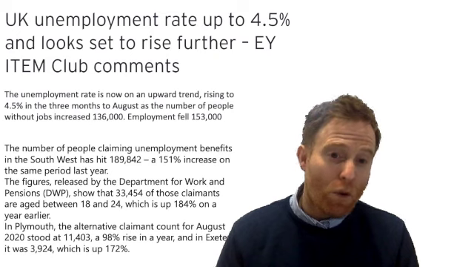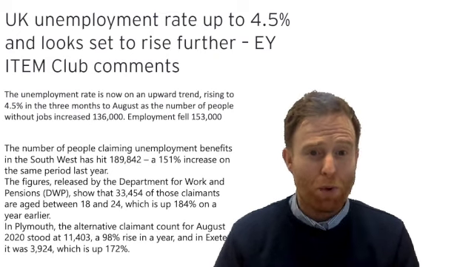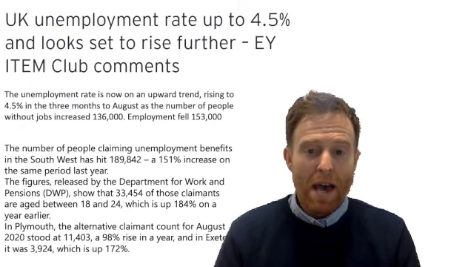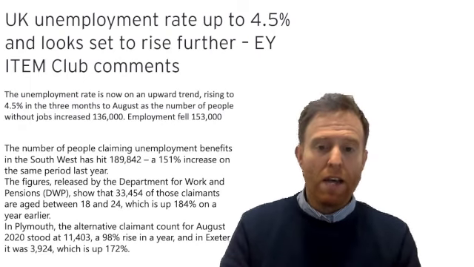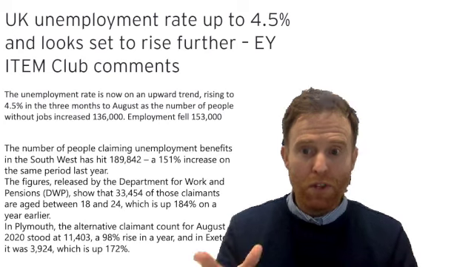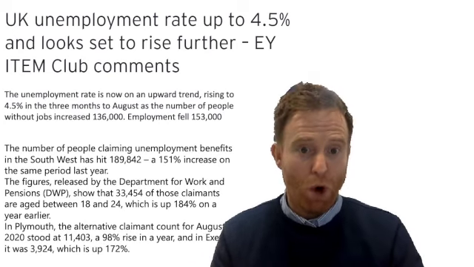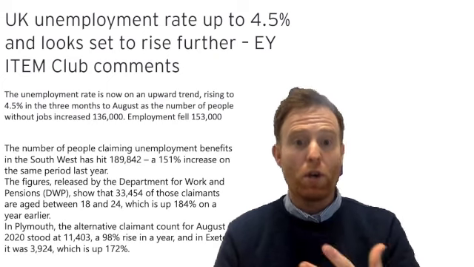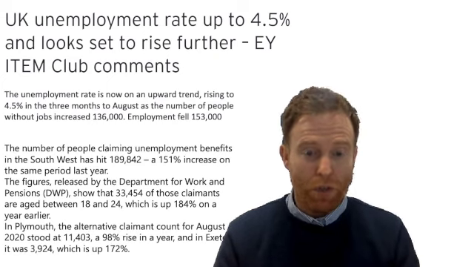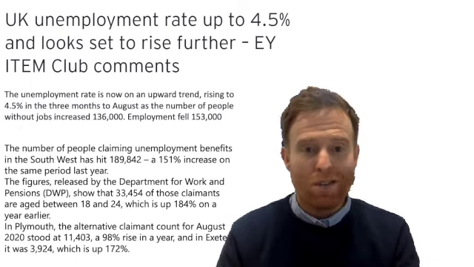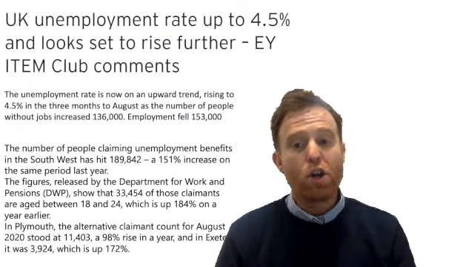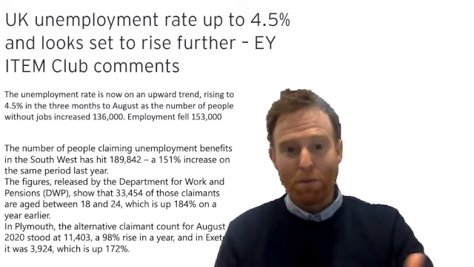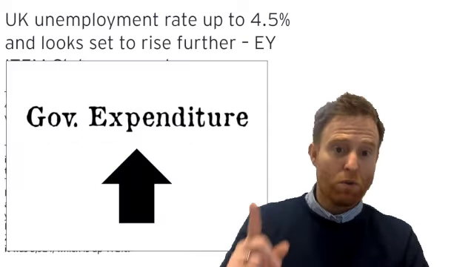Also, what you have, unfortunately, during a recession is great social problems. So there might be more people demanding support in some ways. And again, it could be in universal credit. It could be in terms of mental health and more people needing to seek support with mental health. It could be to do with homelessness and again requiring more help because they're struggling for income and they're needing to access more government support systems. There could be a range of different factors, but the more that they claim from the government, the more government expenditure is going to rise.